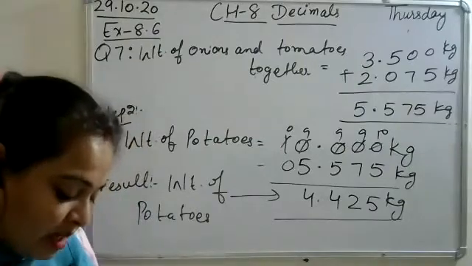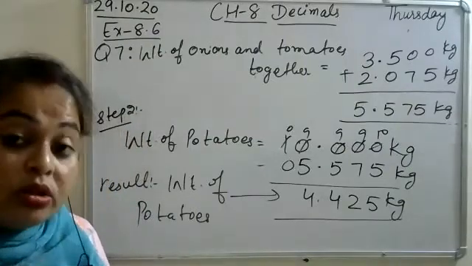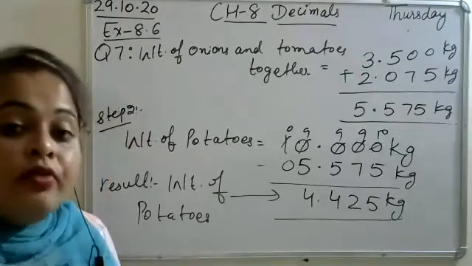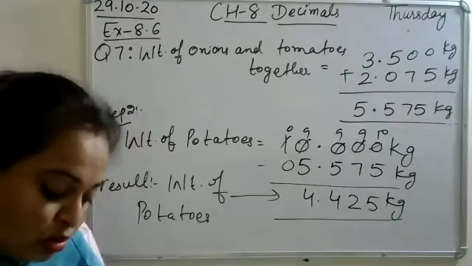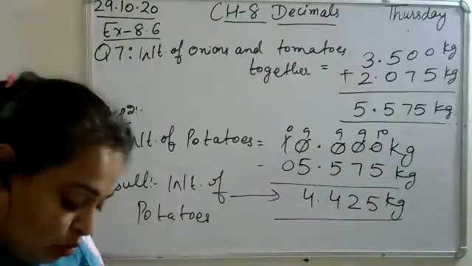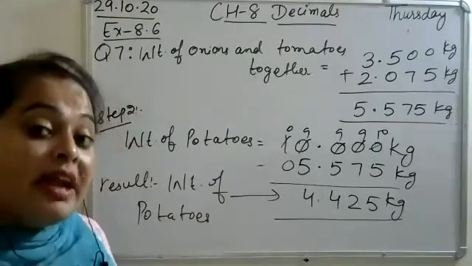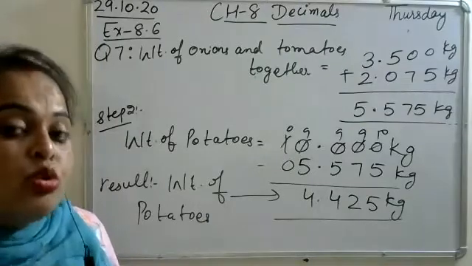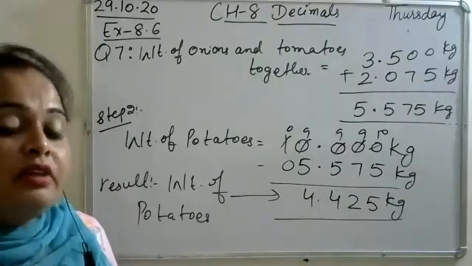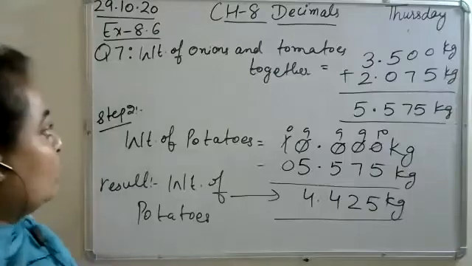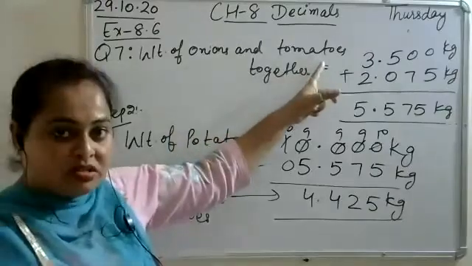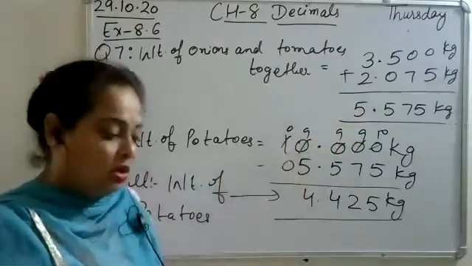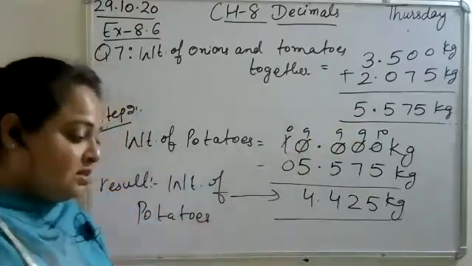Akash bought vegetables weighing 10 kilogram. Total weight is given to you, 10 kilogram. After that, weight of onions is given to you, weight of tomatoes is given to you, and the question is to find the rest weight. Rest weight means weight of potatoes. So to find the rest weight, first of all, you will combine the weight of onions and tomatoes. After that, you will subtract this from the total. So this is the way to solve this, sir.